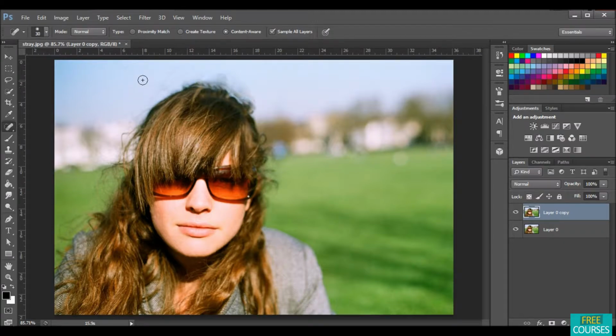And adjust the brush size according to this. So now here also I am going to do the same thing,